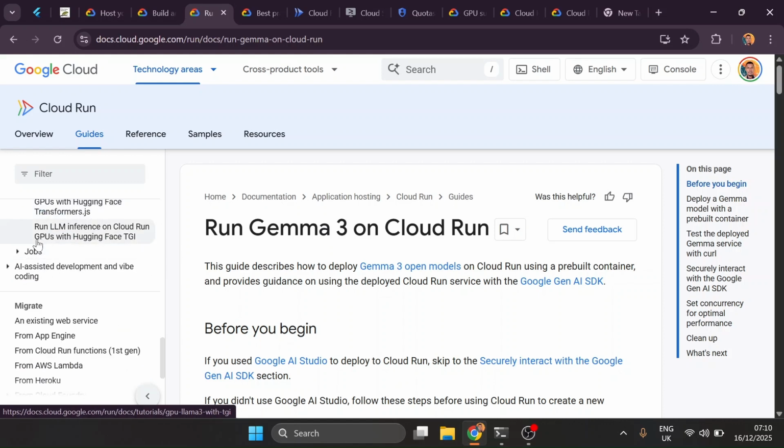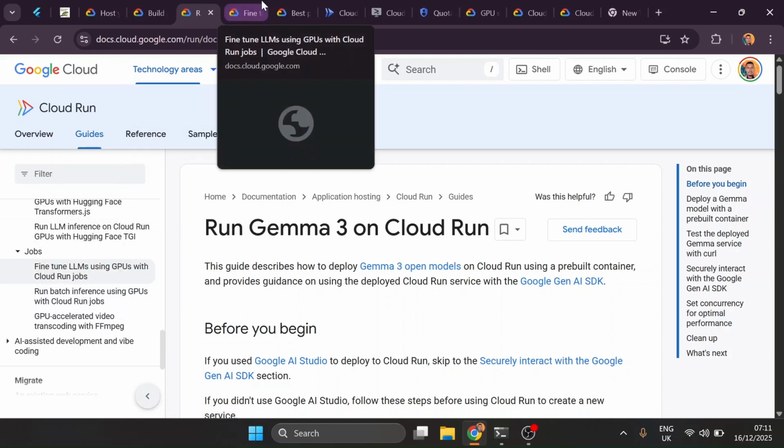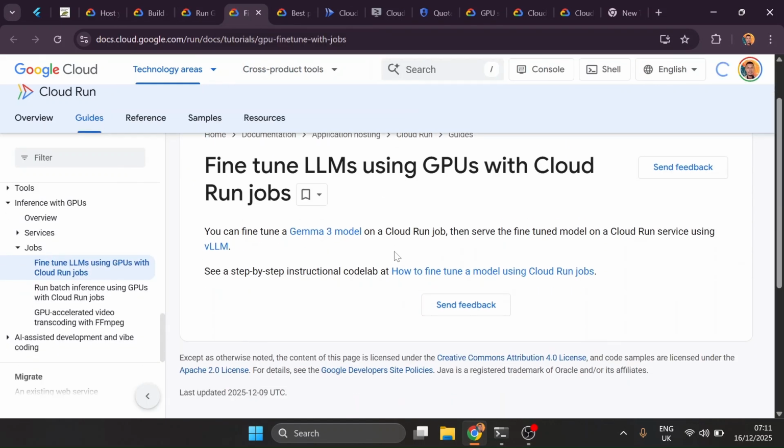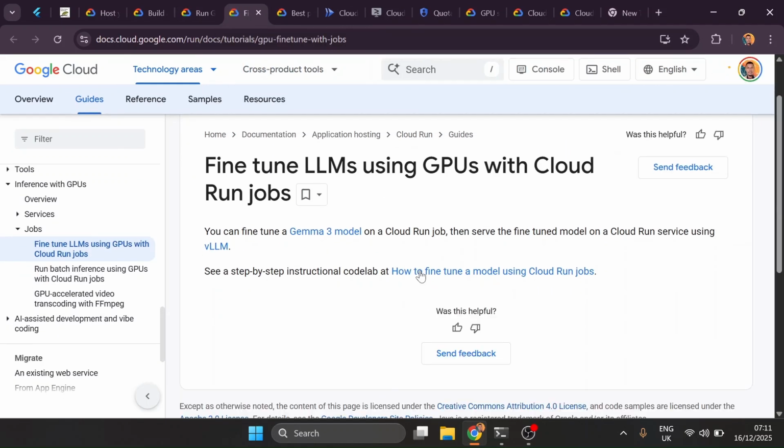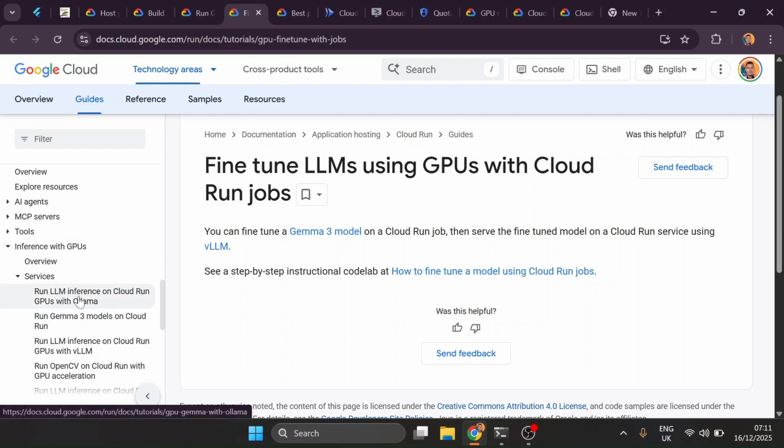And it doesn't stop there. I think you can also even do that with jobs. That is something I've not looked at before. So you can do that with jobs. I've not looked at jobs with LLMs before, but I guess you're able to fine-tune a model on Cloud Run jobs. Right. But if the focus is inference, when you're using Cloud Run services, you use it for